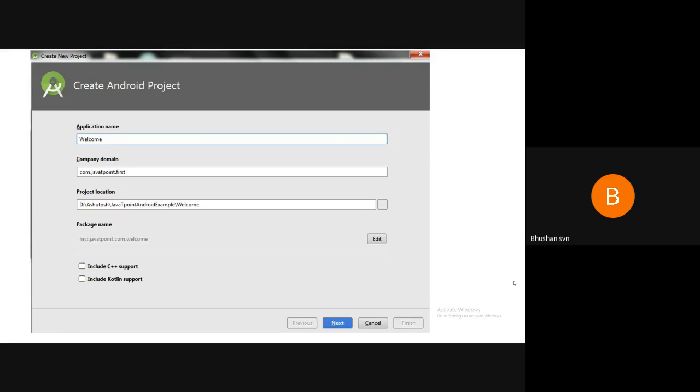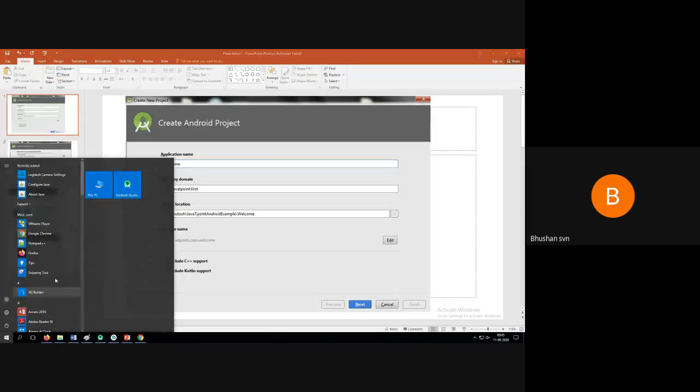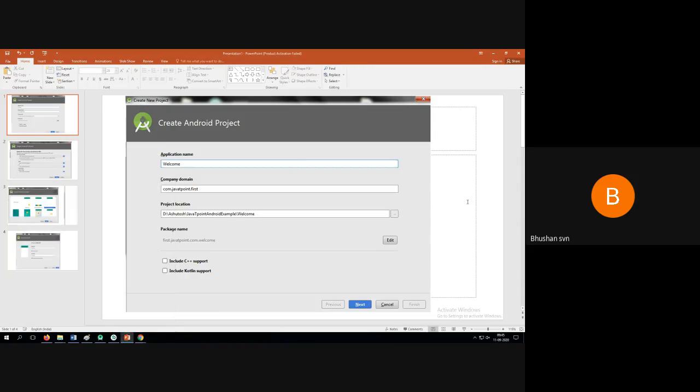When you start it, you can see here there is an Android Studio framework. You have to click on this icon. Once it gets installed, you will have this specific icon in your system.